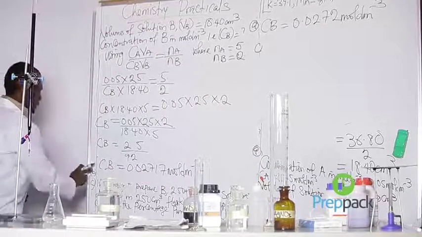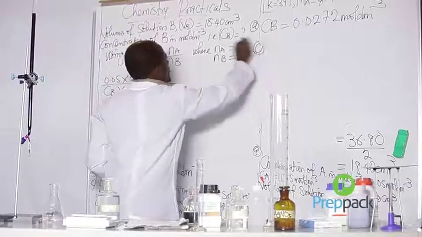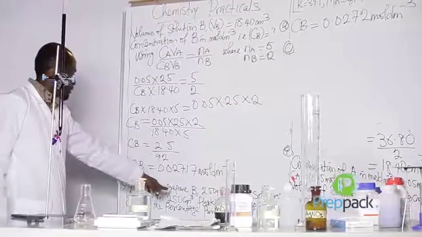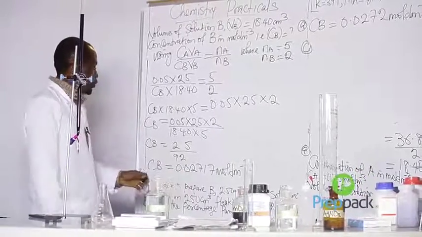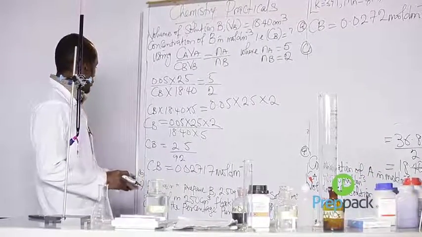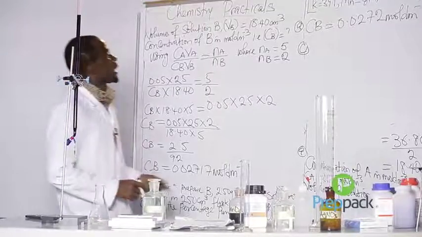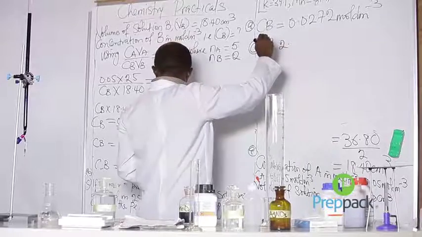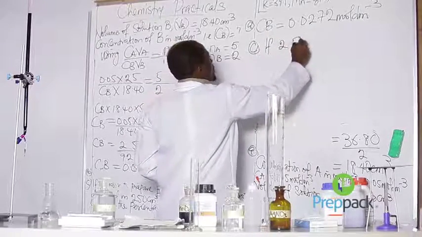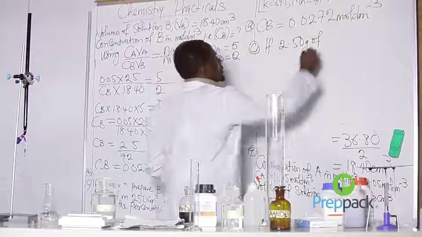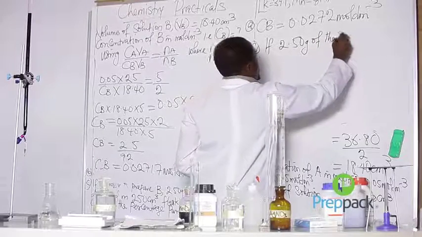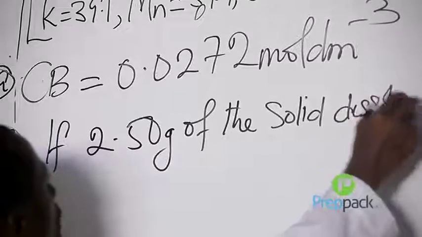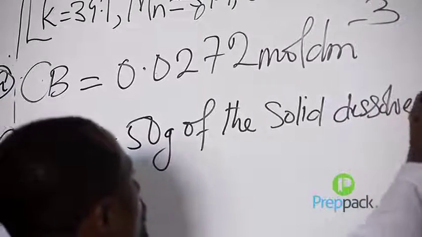This is B, so this is C. C says, in order to prepare B, 2.50 gram of impure solid was dissolved in 250 cm3. How do I go about this? If 2.50 gram of the solid is dissolved in 250 cm3,